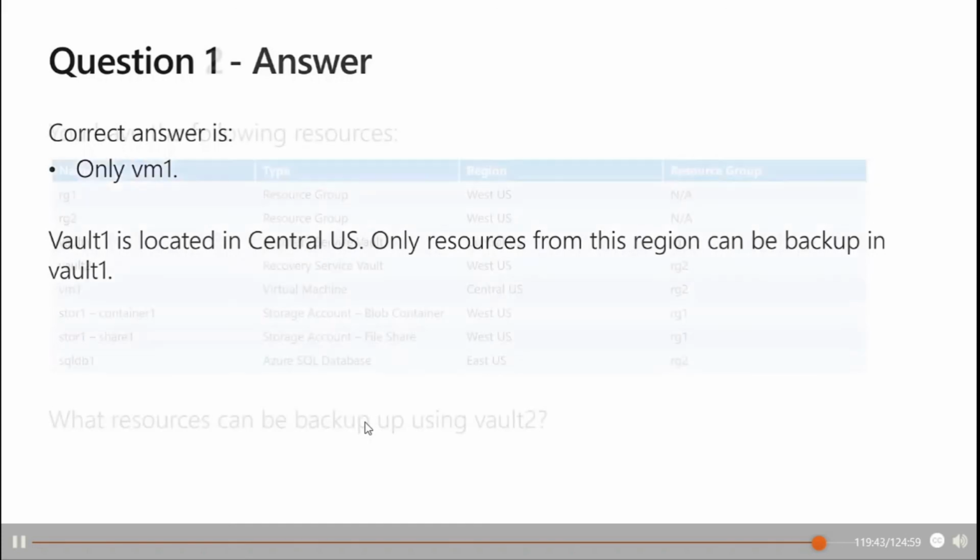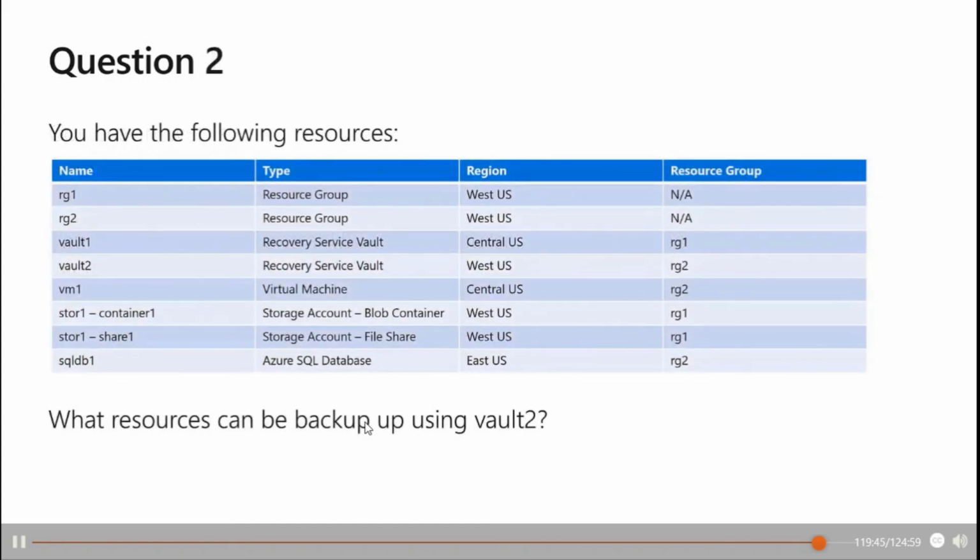Now I have question number 2. I have the same table with the same resources, but now I'm not talking about what I can back up with Vault 1, but with Vault 2. As you can see there, Vault 2 is in West US, and if we follow the same rule that we talked about before,